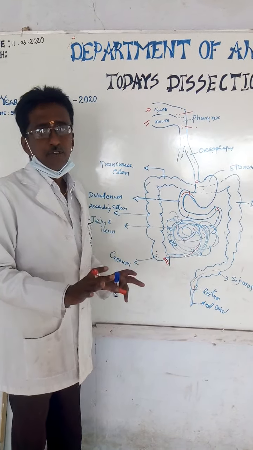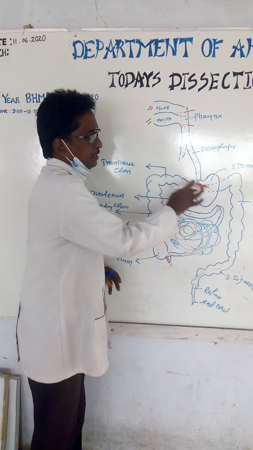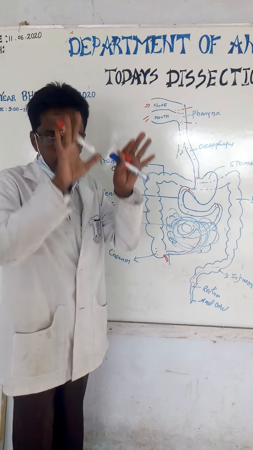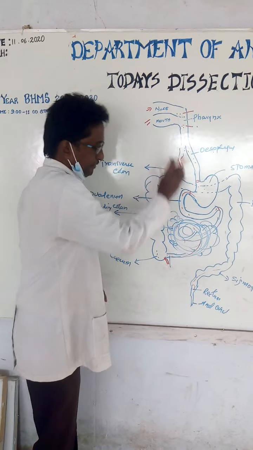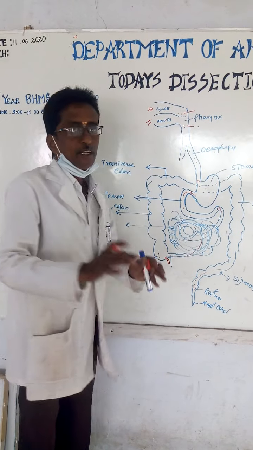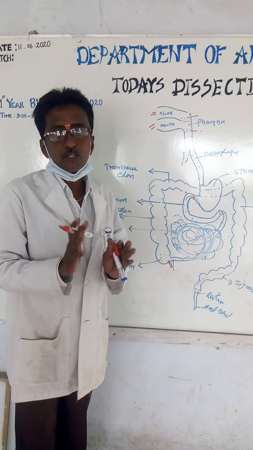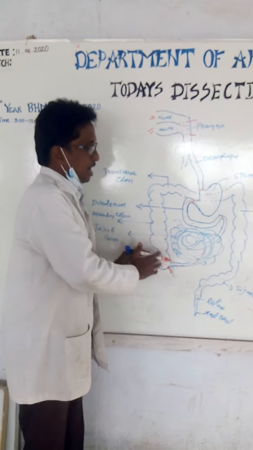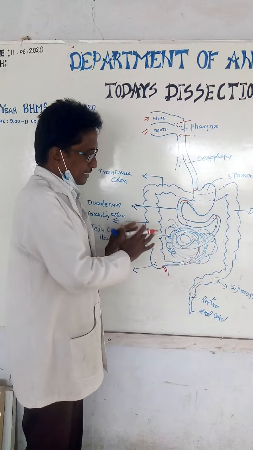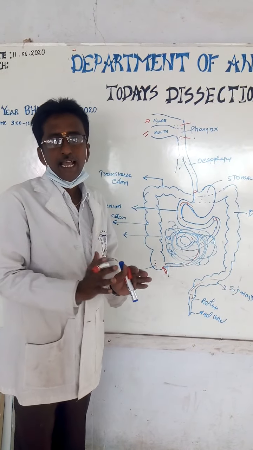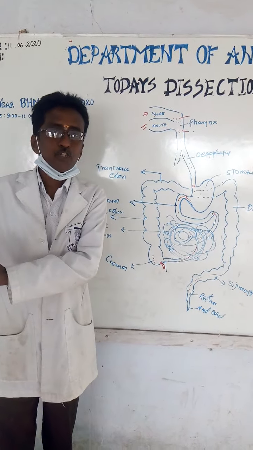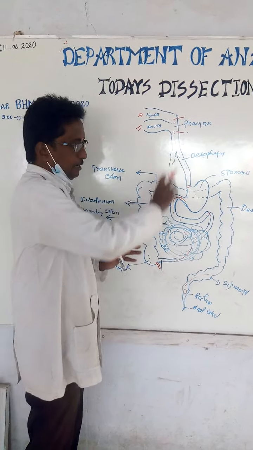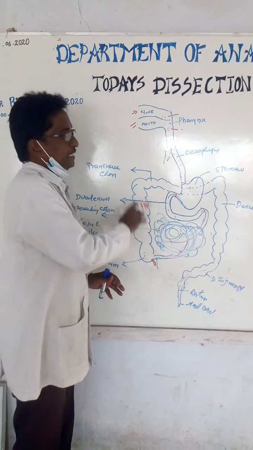After this, very important organ, what? The stomach. Stomach is the most dilated part of the total GIT. From oral cavity to anal canal, the stomach is the most dilated part, and also it is a reservoir of food. It has more capacity than all other parts. So we will discuss the stomach, the theoretical part, as well as in the dissection with the demonstration of the organs also. Any clarification can start one by one. I will put one more diagram. You can see all the parts.